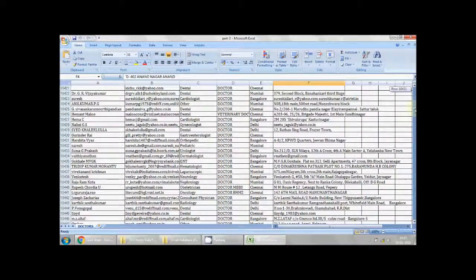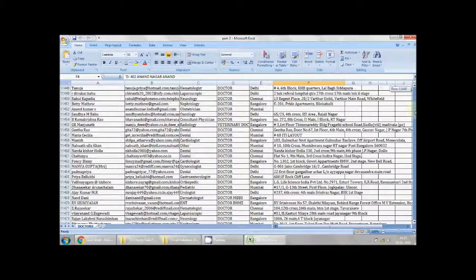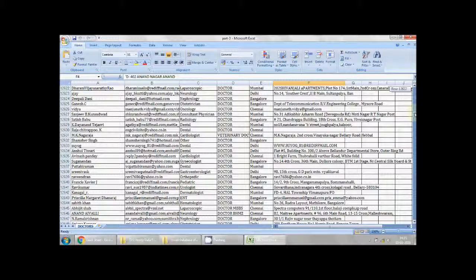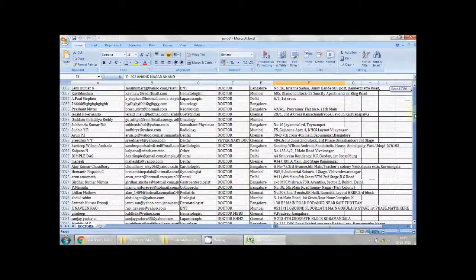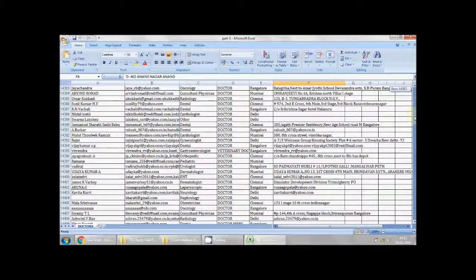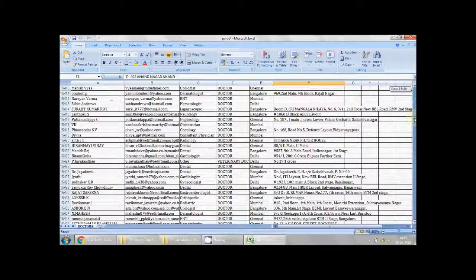The freelance self-employed database is typically used by network marketers and people who promote different kinds of alternate medicine, herbal medicines, herbal products, beauty products, cosmetic products. For that kind of products also this particular data is very much helpful.